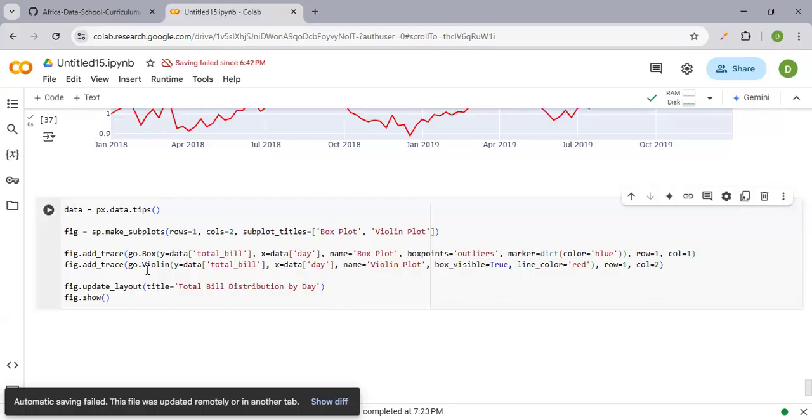On the second one, we want to add the violin plot, so add trace. So go.violin, then y data. Y, we want it to be total bill. X, the data on X to be day, the name to be violin plot, box_visible true. This is the default one, so we don't have to declare it. Then the line color to be red, and we want this subplot to appear on the first row, second column. Then update the layout title, total bill distribution by day. So when we run this,